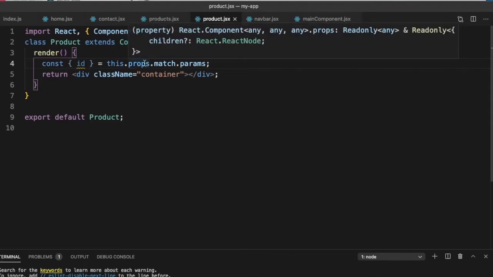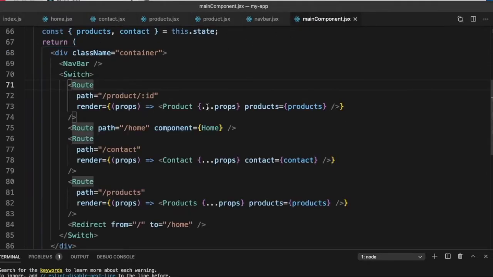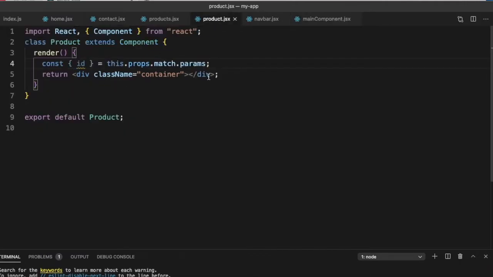In our props, we had seen there are three props that Route injects: history, location, and match. The route parameters come in match dot params, and they have the same name that we specified here in our route, id, which is the name we are using here to pick it up.